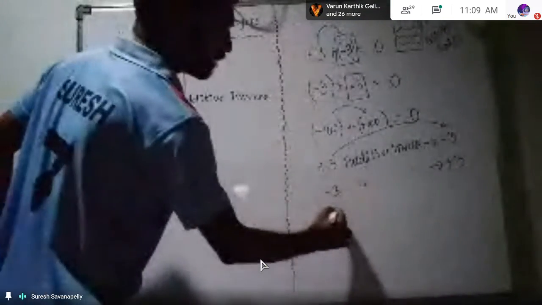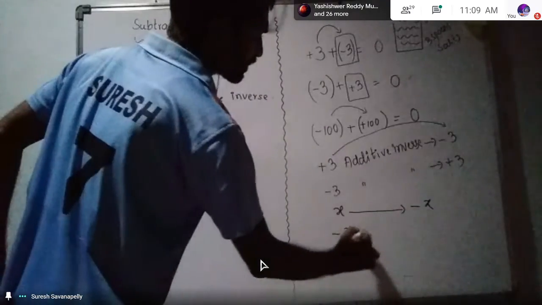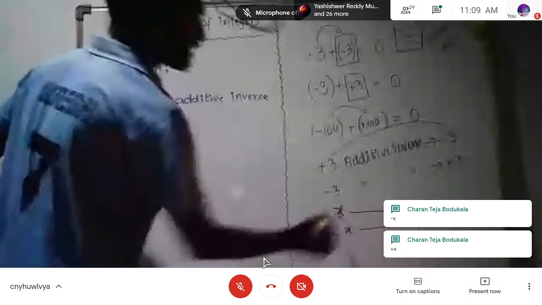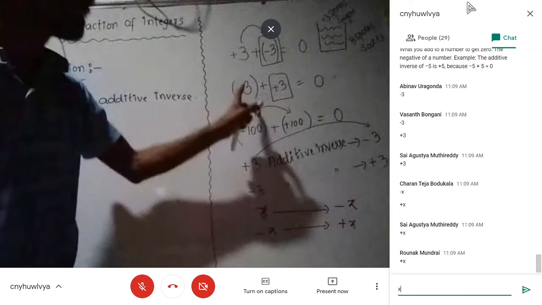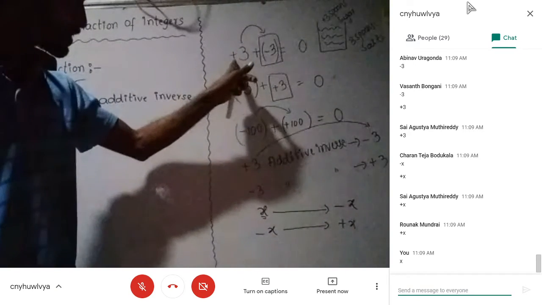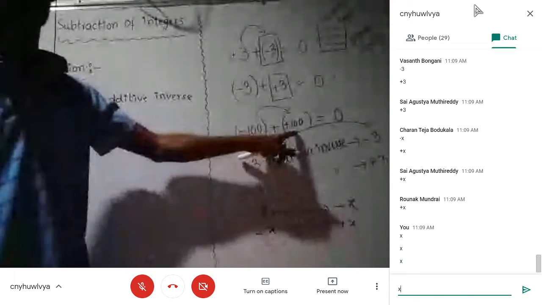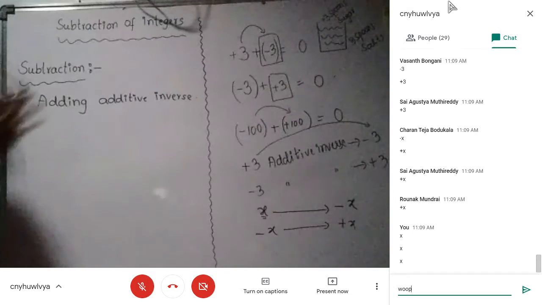Now can you tell me what is the additive inverse of x? That means minus x. What is the additive inverse of minus x? That is plus x. Simply, the quantity will be the same, only the sign will be different. Here 3 spoons salt, here 3 spoons sugar. That's all, nothing else. Great, that is called additive inverse.